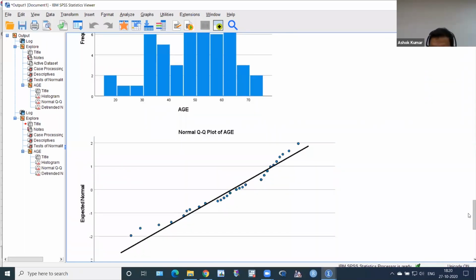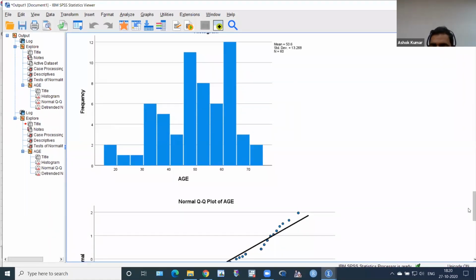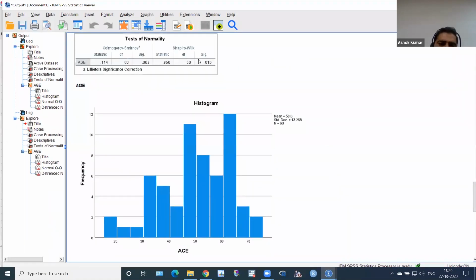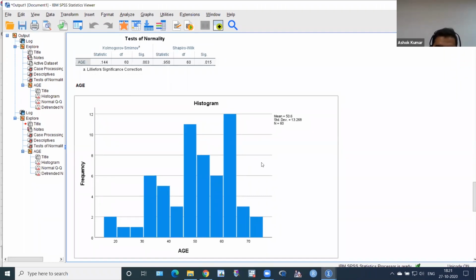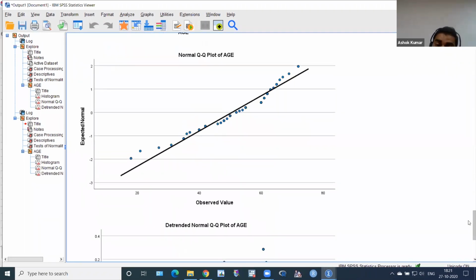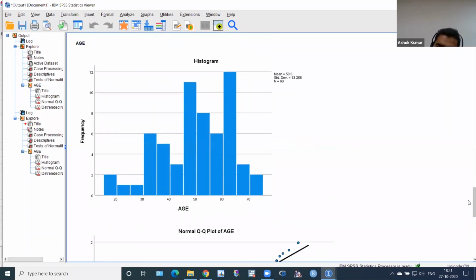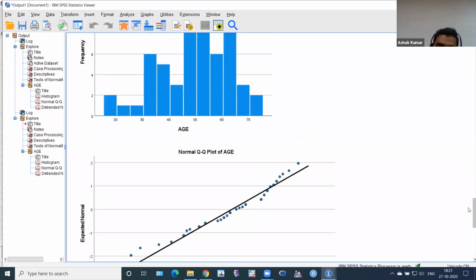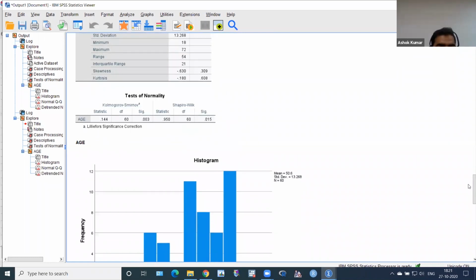But please go with what your guide and co-guide want, because you have to complete your degree with them. Otherwise, you can use median and IQR and go for a non-parametric test. If you go with the parametric test, assuming age is normally distributed on the basis of the histogram and QQ plot, you have to mention that. But in Shapiro-Wilk, the p-value is this much, so you have to explain, and you can go for mean and SD.